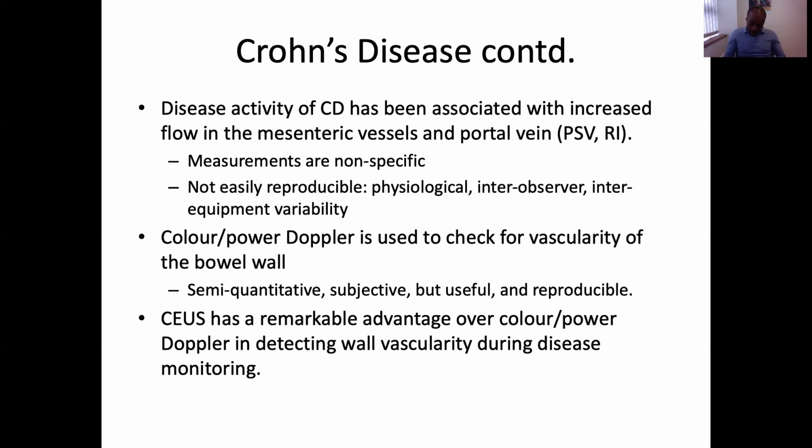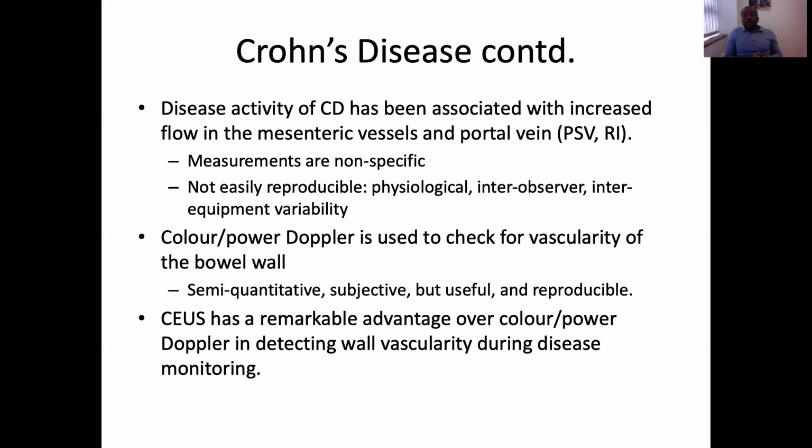However, the hallmark of checking for vascularity in Crohn's disease is the use of contrast enhanced ultrasound, and that's beginning to get a lot of global recognition and attention nowadays with advanced practice ultrasound. The use of contrast enhanced ultrasound, as we know, doesn't utilize radiation. It's readily acceptable by patients, and you tend to increase and detect bowel wall vascularity, and that's quite key when monitoring the disease. Also very useful in differentiating between